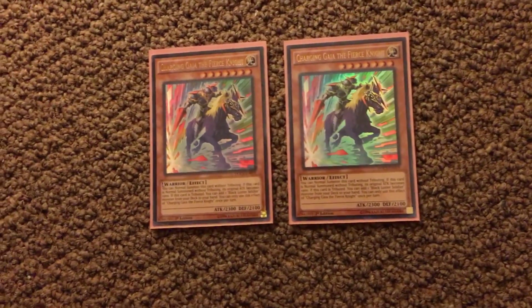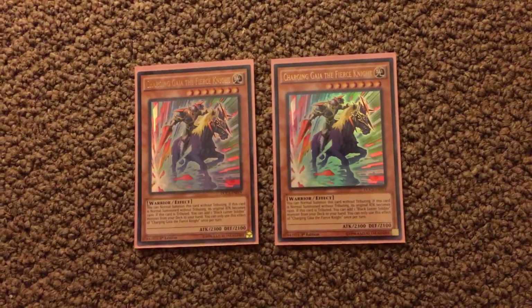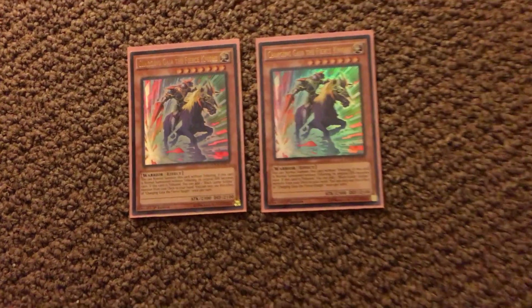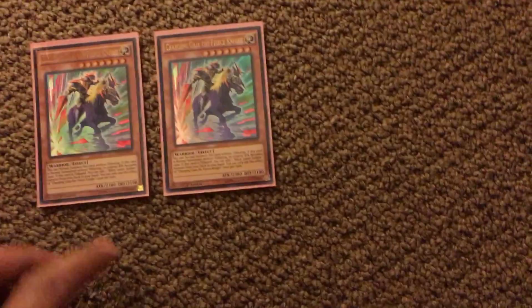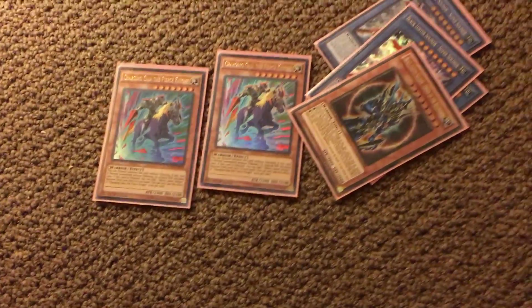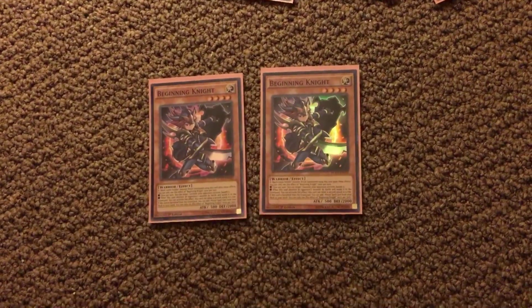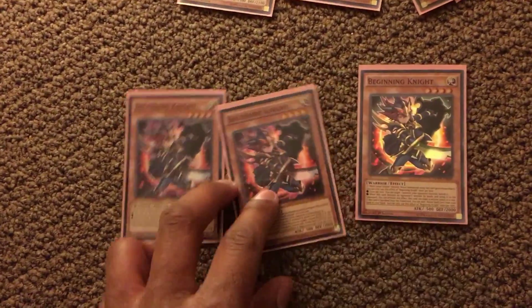And not to mention, using this with either Sphere Kuribohble or Super Soldier Soul really helps with level 8 ritual summons. So good to run. I think 1 might be enough, but I'm willing to try it with 2 just to test the waters. Now, obviously, I am running 3 copies of Beginning Night, and this, if you're building a Blackluster